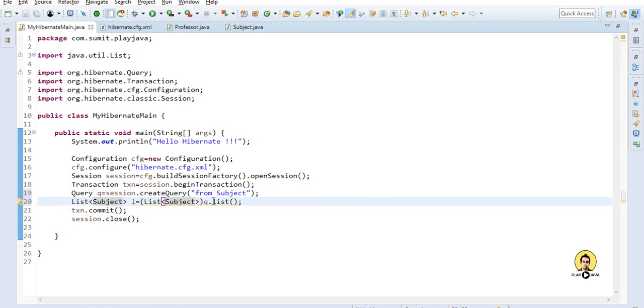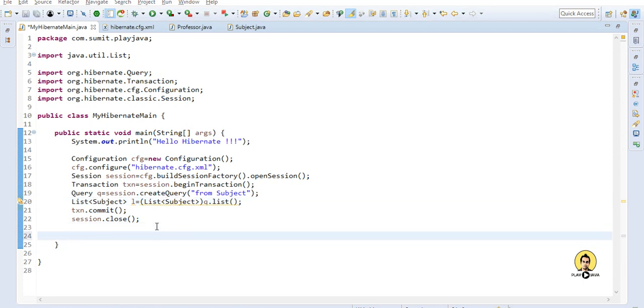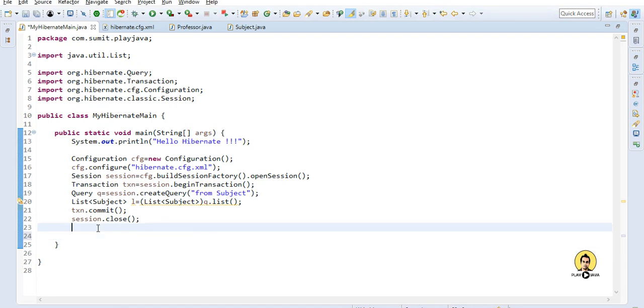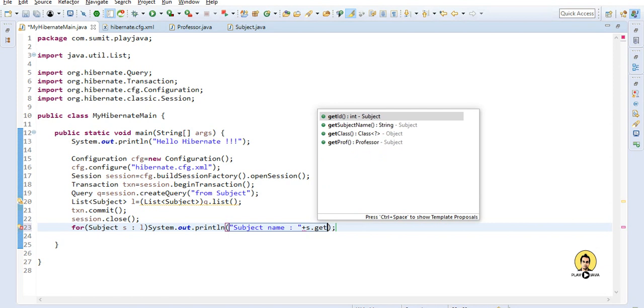After this let me print the data, for Subject s in list, I'll print the subject name, s dot getSubjectName.